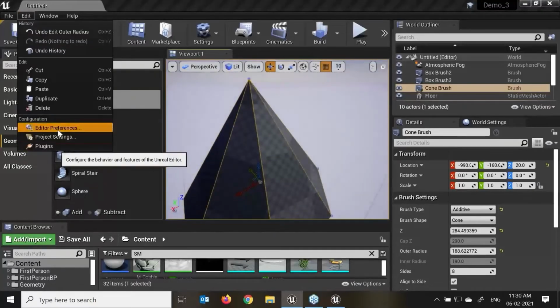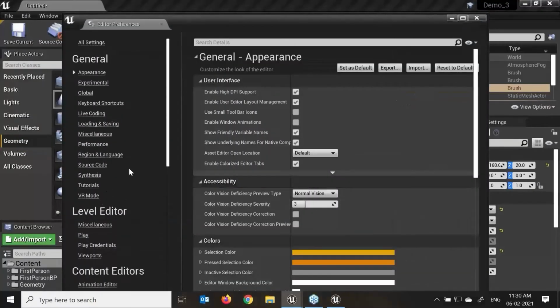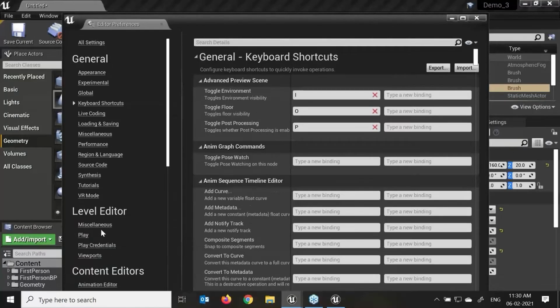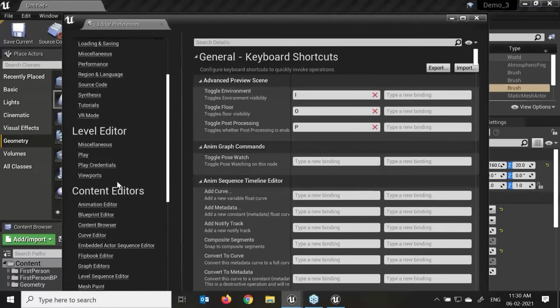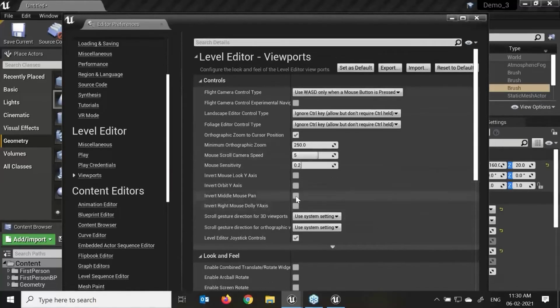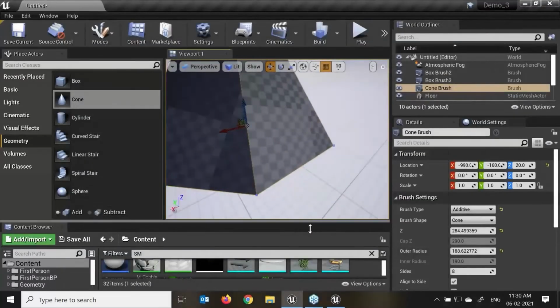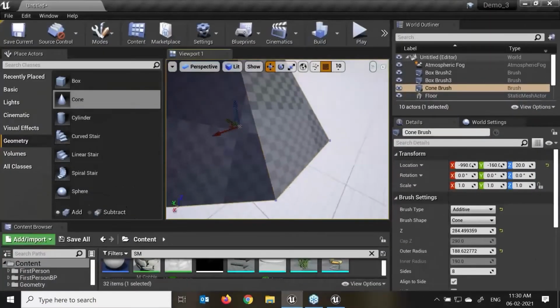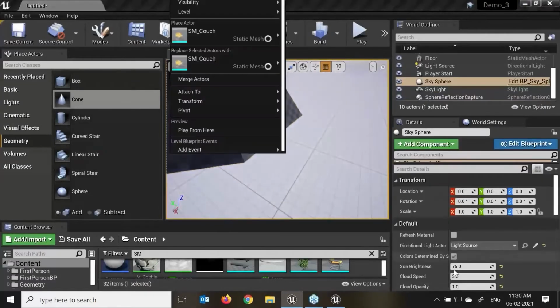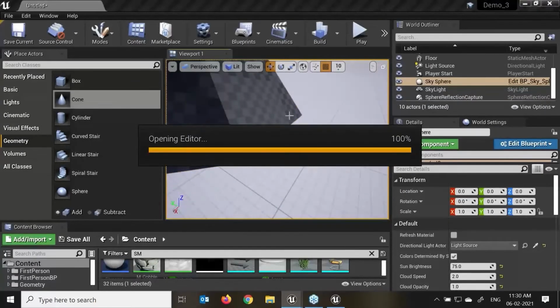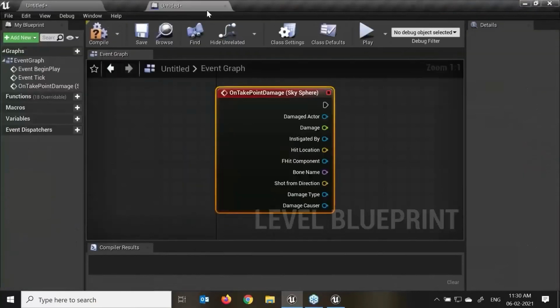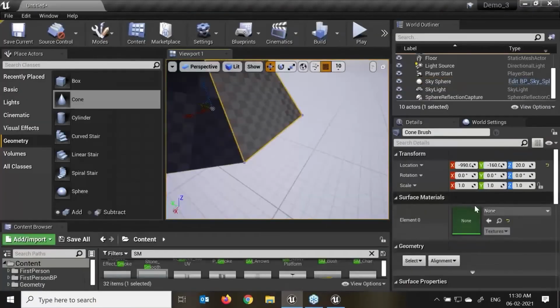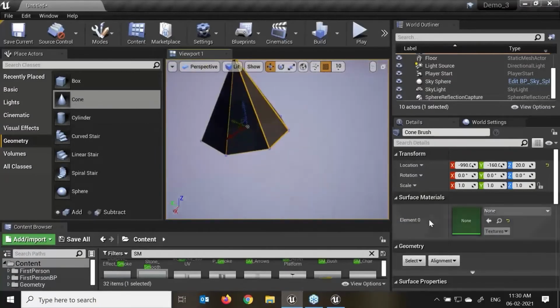Again, if I want to apply my Maya key shortcut keys, viewport, middle mouse to pan, just close it. Now this is my Maya key shortcuts over here. Just maximize this view. Now there is one important option over here. I don't require this material editor as of now. Okay, when I've created this cube over here,